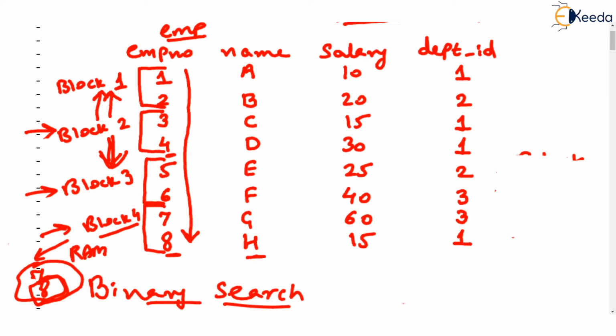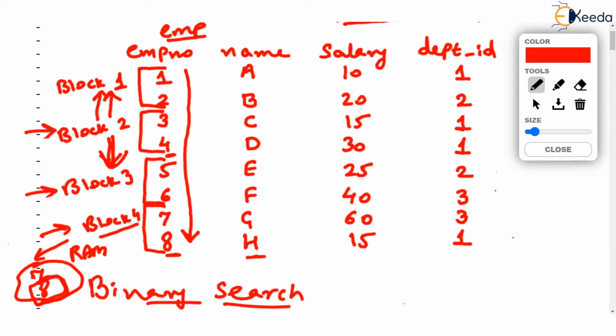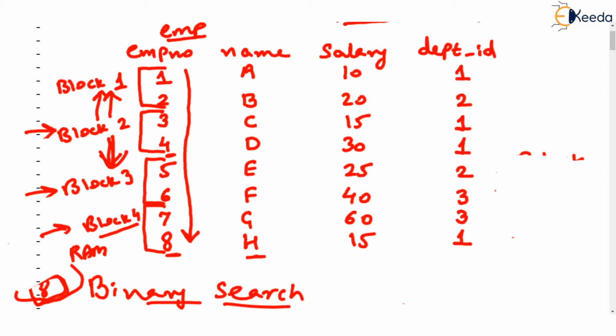Keep this in mind. We are reading a block. Agreed, once the block is in the RAM, then we are searching the record. Once the block is in the RAM, the block contains n number of records. We can search the records in the RAM. By the way, the big point here is how many blocks were accessed. How many times the system had to go to the hard disk and fetch a block.